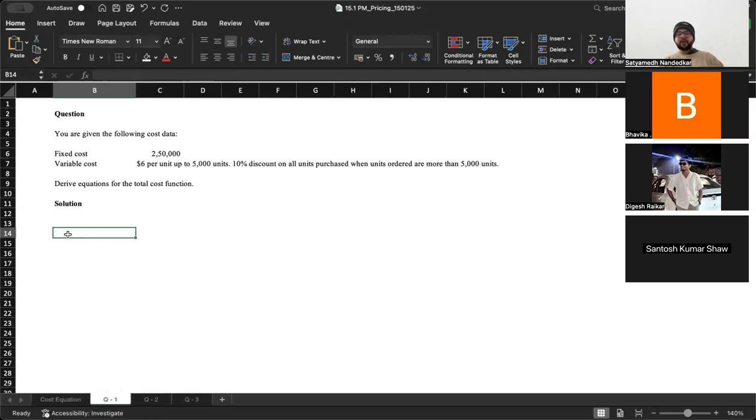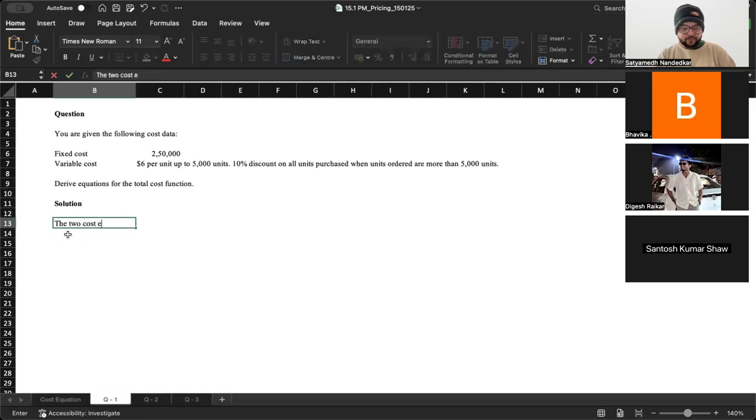पेपर में आया तो we should be in a position to tackle. You are given the following data. Fixed cost 250, variable cost is 6 per unit up to 5,000 units, 10% on all units produced when units ordered are more than 5,000 units. ठीक है. So the two cost equations are as under for output levels up to